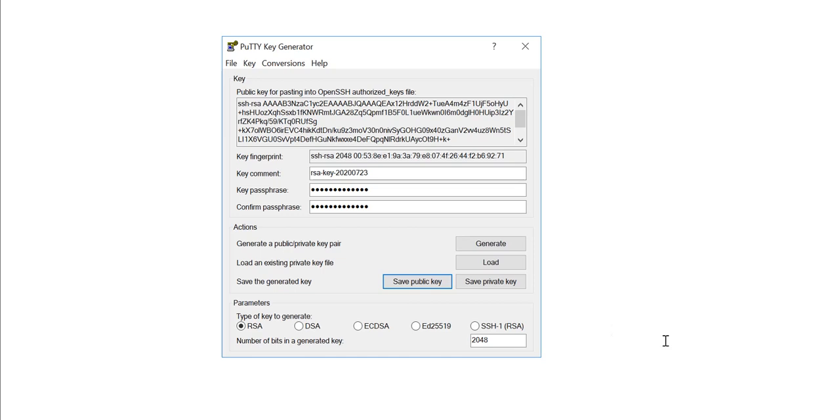So you would actually configure your public key on the server, and your private key, the key pair, you'll use to log into that server. So that's it. That's how you create your